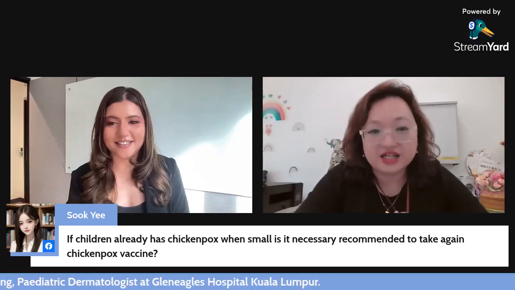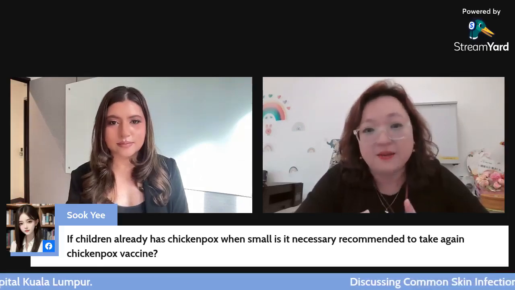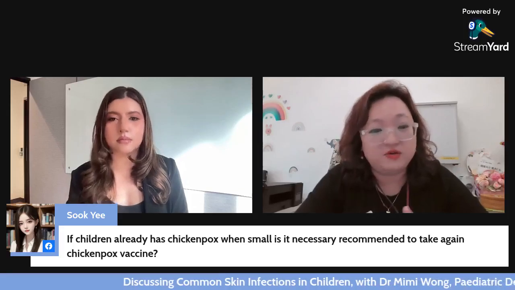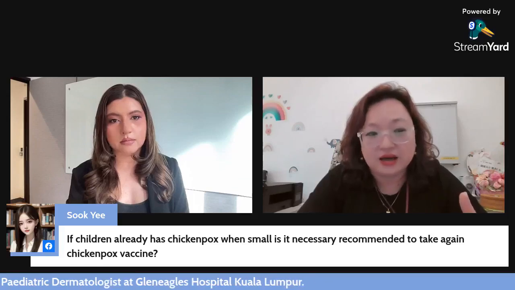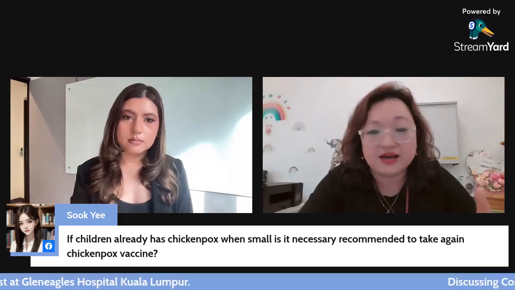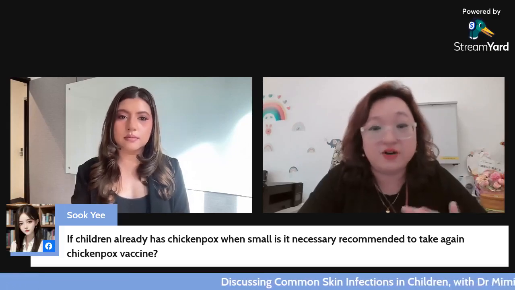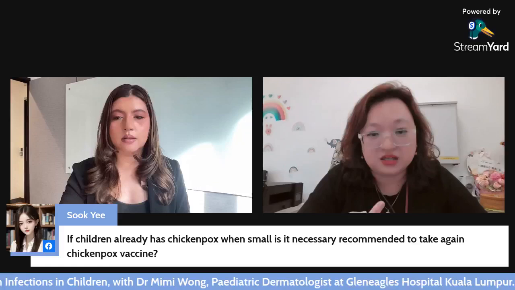When a child has had chickenpox, you assume that you already have immunity towards it. But first of all, are we very sure that it was chickenpox? Not every blister you see is chickenpox. Also, not everybody will develop immunity after the infection. So even though you had chickenpox when you were small, if you are not 100% sure, I would recommend the chickenpox vaccine,